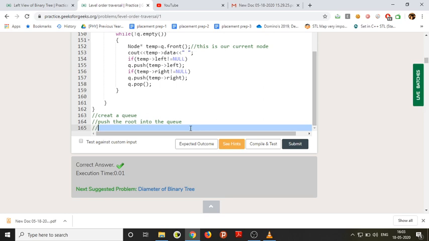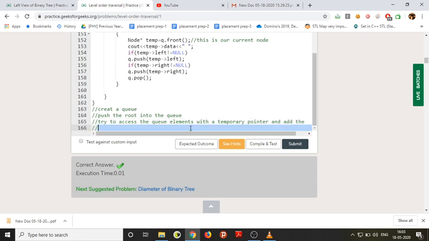Step two, then try to access the queue elements with a temporary pointer, and add the left and the right children in order by using a loop.